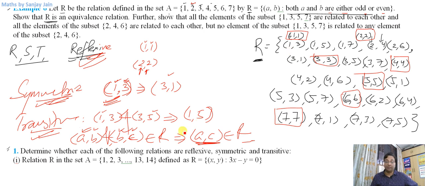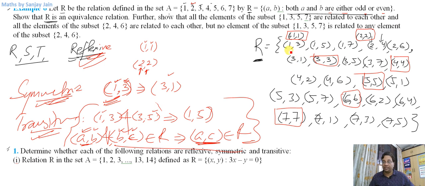So you have to mention it theoretically that the presence of A, B means A is related with an odd number B. B is an odd number which is related with an odd number C. So if A and B are odd, B and C are odd, then A and C are also odd. So these are also related under this relation. That means this is a transitive relation. So you show it theoretically.